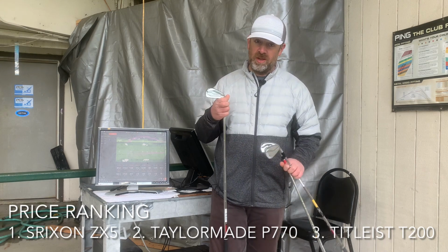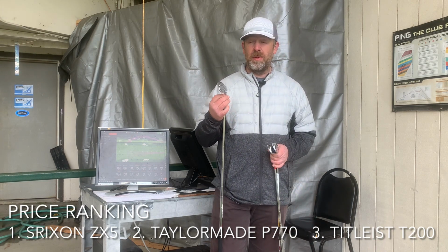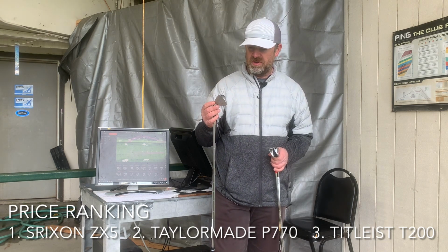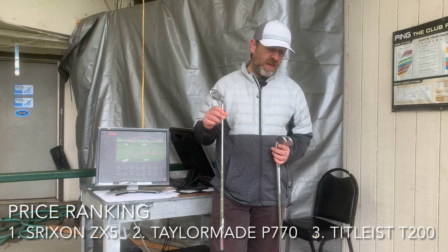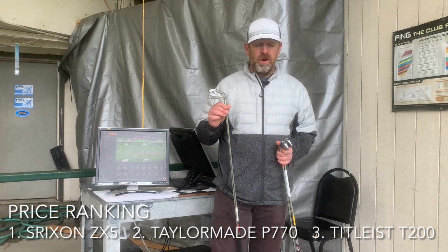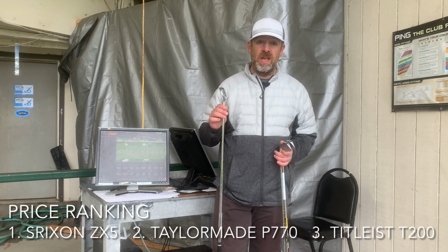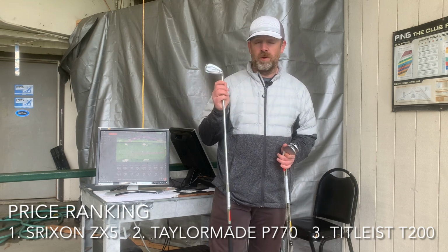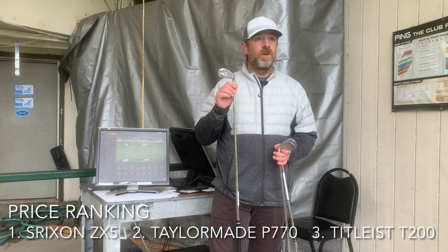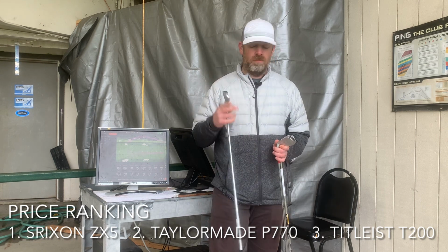However, the Srixon ZX5 in US dollars is only around, I believe, $950 US, maybe almost $1,000 US. And for Canada, oh, what's that gonna be? That's probably gonna put it more in the line of $1,350 to $1,400 Canadian. And for pounds, oh, I didn't convert this in my head. For pounds, that's gotta be what, around,